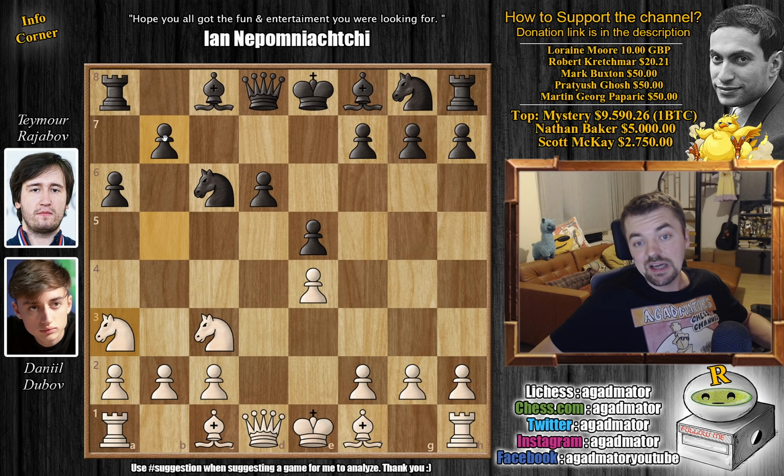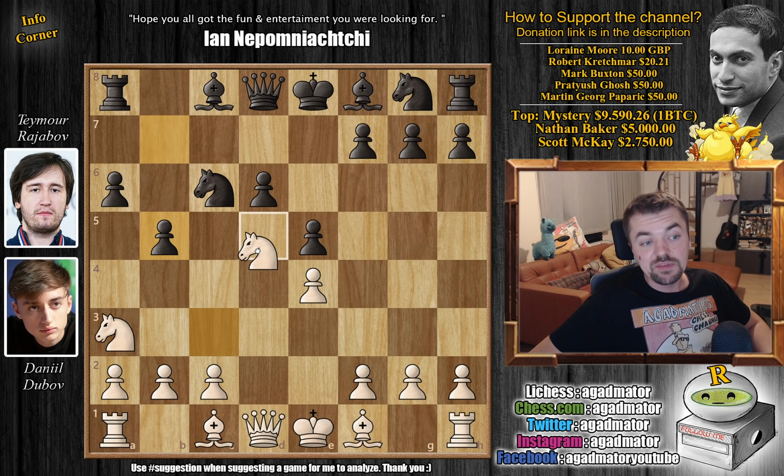Interestingly, Rajabov already had this position in the previous month in the Sicilian Open against Wesley So, where bishop to e6 was played and their game ended in a draw. So of course Dubov is familiar with this, and he probably prepared something very nice for Rajabov. So b5, we have knight to d5, and now comes knight to f6, attacking the knight here,